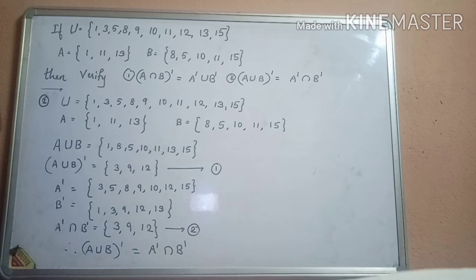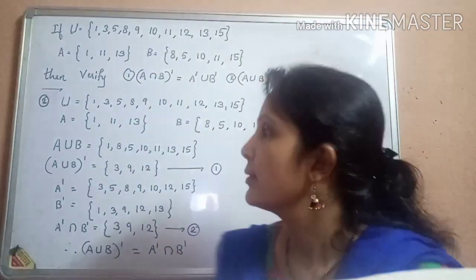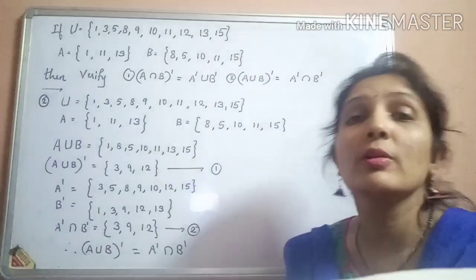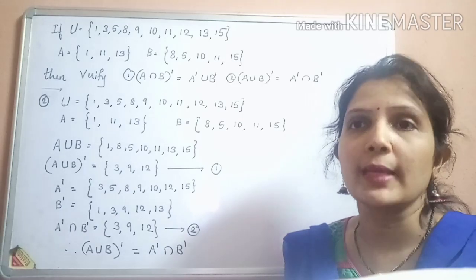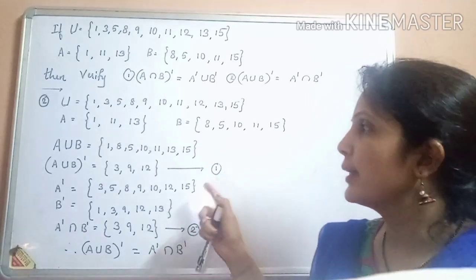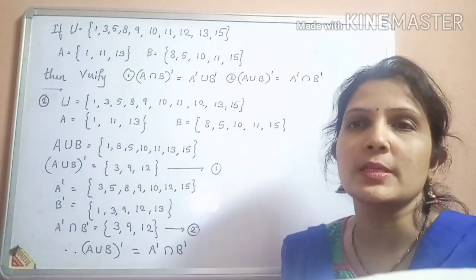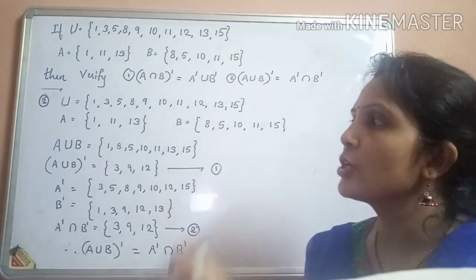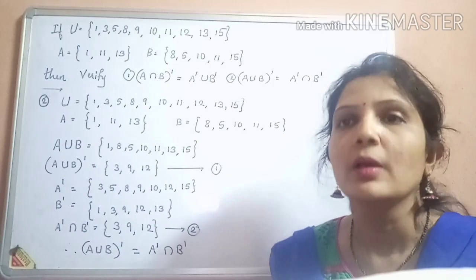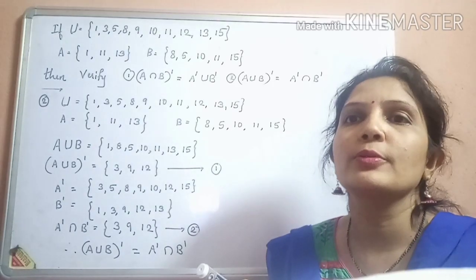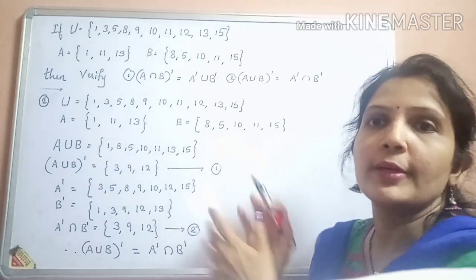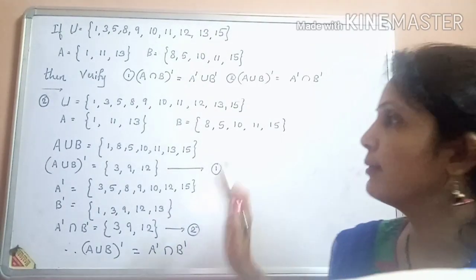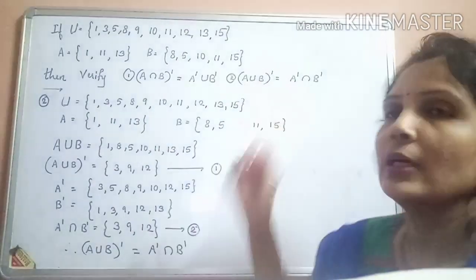You will always get LHS and RHS the same. This is the rule. So you will always get them equal. Okay. If you don't get it, that means you have missed it somewhere. You have to be very careful in writing each and every element properly. Go on checking once, twice, thrice whether you have written all the elements properly or not. I hope you have understood it very clearly. These are the rules.